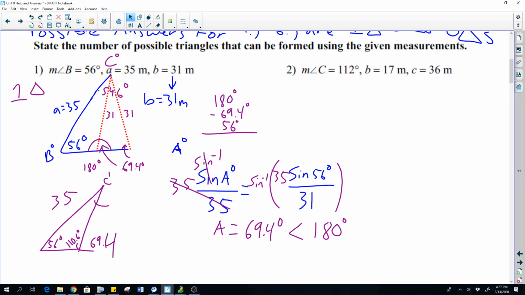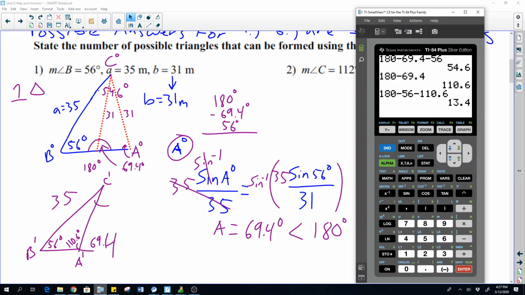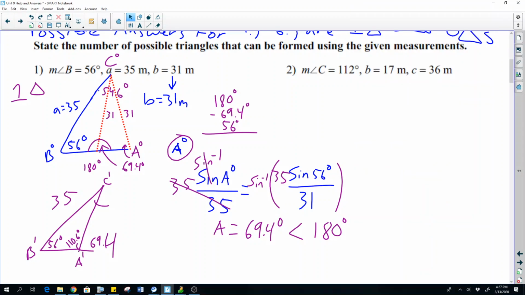You know, Optimus Prime. So we're going to call this B prime. This will be B prime, or just B. And then this one, what's this one? This one was our original angle, which was angle A. And so this will be A prime, C prime, B prime. And what was that angle again? Oh yeah, 13.4 degrees. So now we have 13.4 degrees.